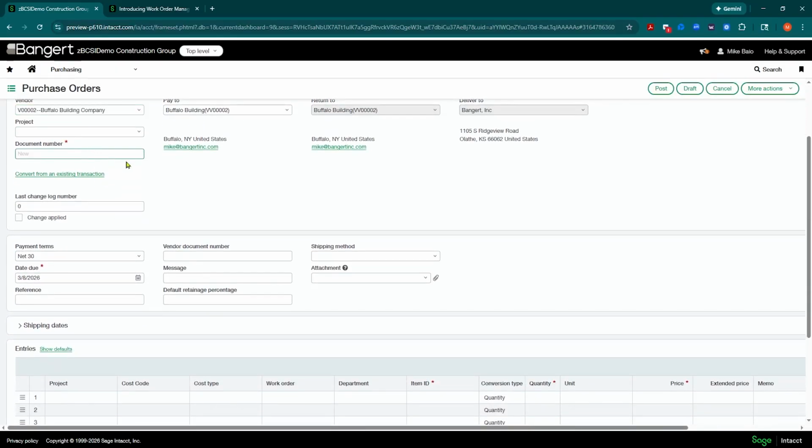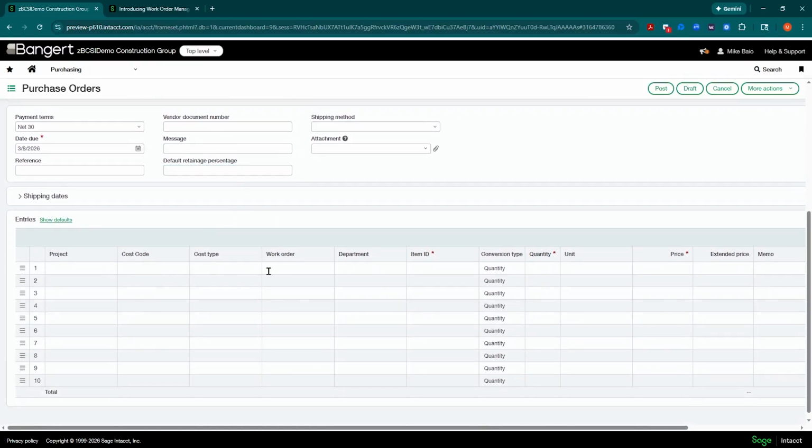And I don't have my PO numbering turned on, so I'm just going to give it a number, but you can have that pre-fill PO number. And then you can fill all of the information that you want to fill out here. But you'll see here, you should see another work order dimension. If you don't have it on the entry screen, check your show details. You'll see it in there. You can always add it with your edit entries layout as well.